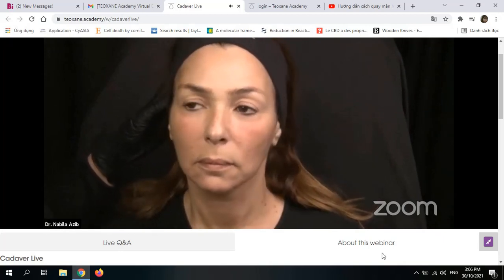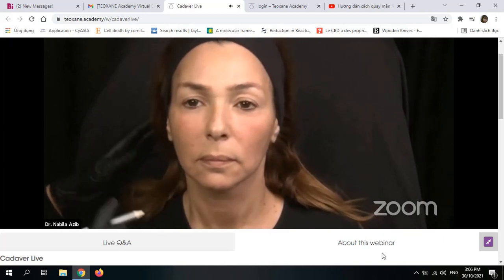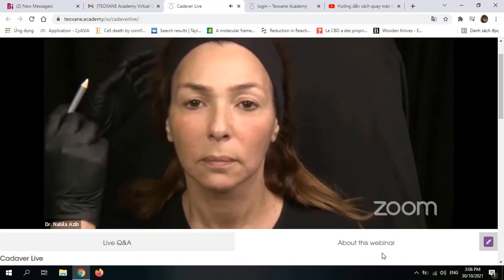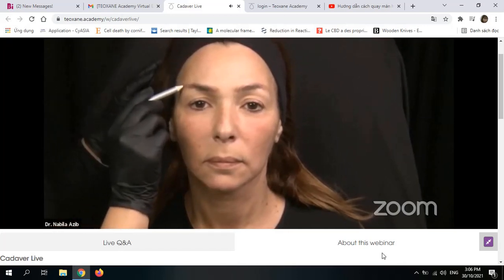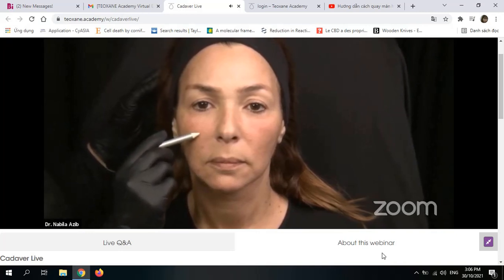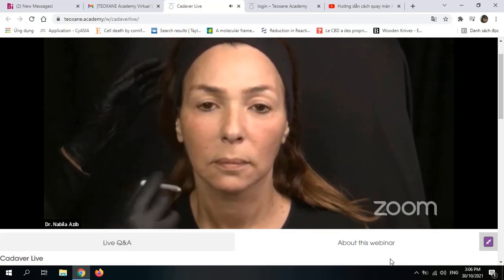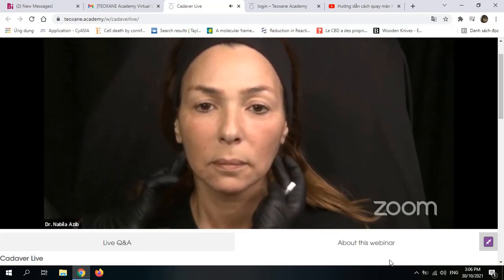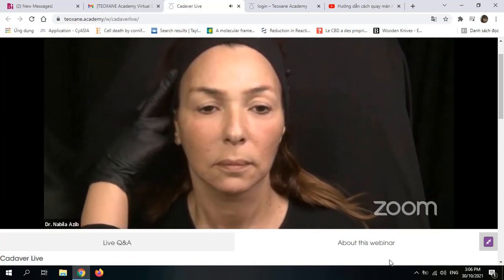Look up, look here, please, look here. We can see that she has hollowed temple, lack of projection on her mid-face, and the bony resorption on the bone. Now regarding the other